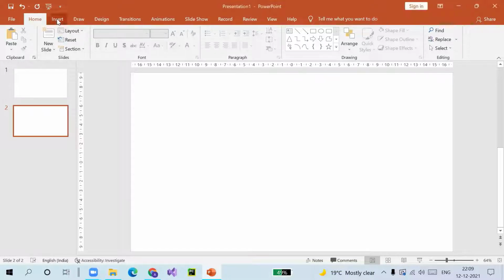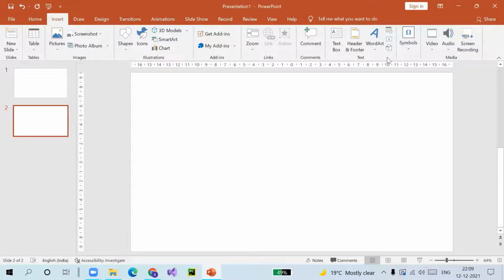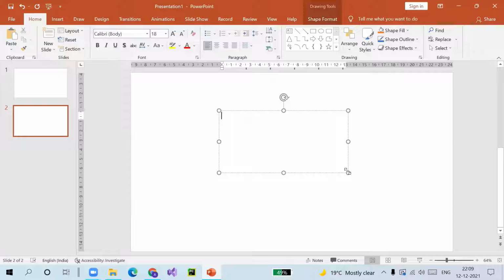In order to create a text box, you need to click on the Insert tab. Once you have clicked on the Insert tab, in the Text group, you see this option, text box. You can click here to draw a text box, and then you see your mouse pointer changes to a word symbol. Now you can click and drag the mouse on the slide to insert a text box, and then you can release the mouse pointer.